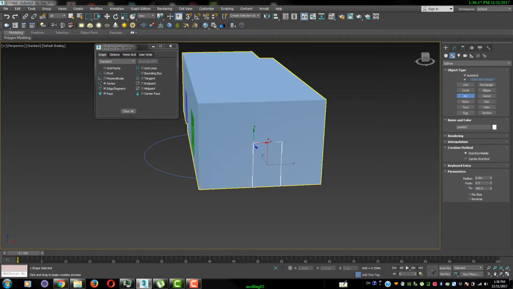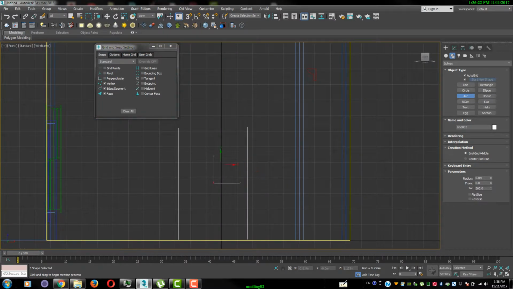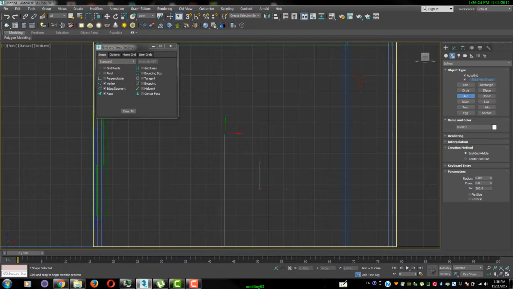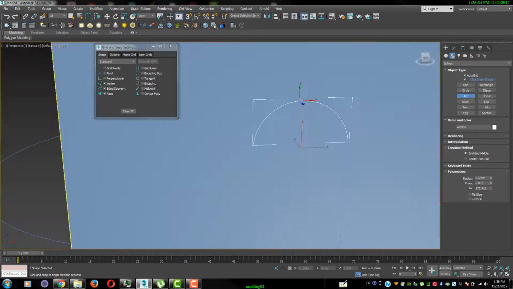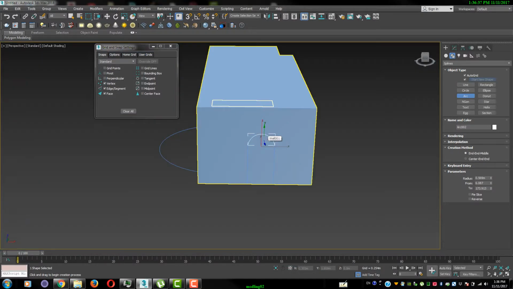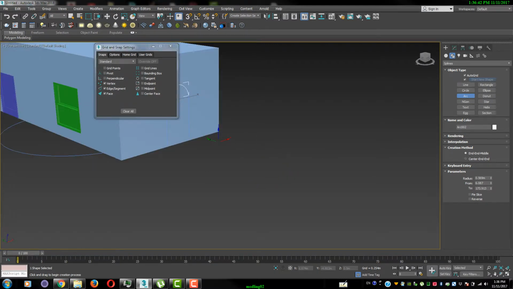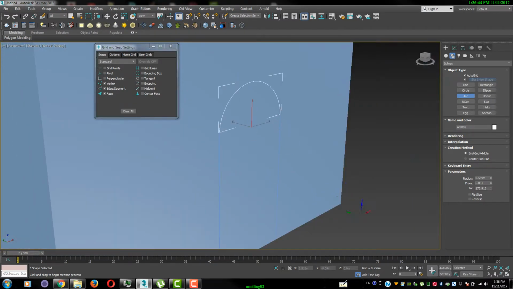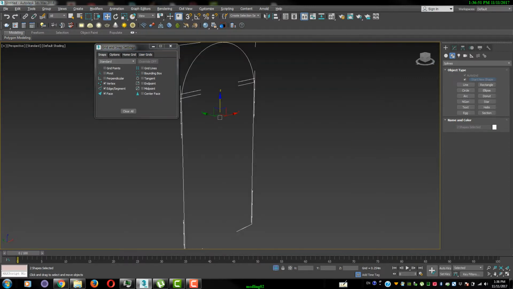Vertex. I'll go to front or any view, much easier to see. From this point to this point. Perfect. Perspective. Zoom. When I change my view, okay, Z. Now I want to make this shape, it's one shape. Alt Q